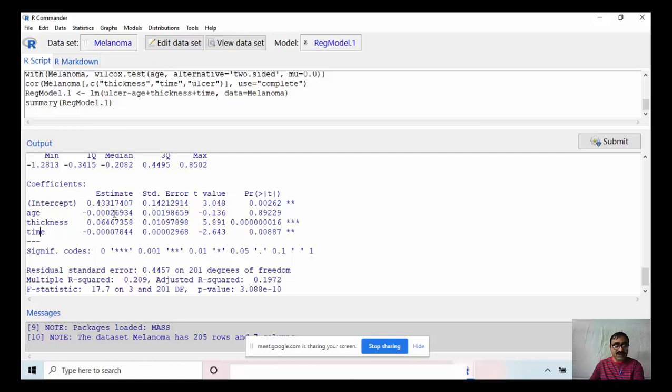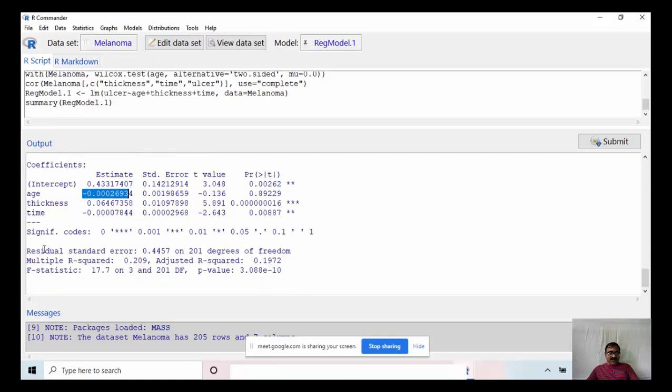So this is our regression equation: this one is the intercept, and these three are the coefficients of the explanatory variables. This is their standard error, this is the t value, and this is the probability of t value greater than t, so the significance values are given.